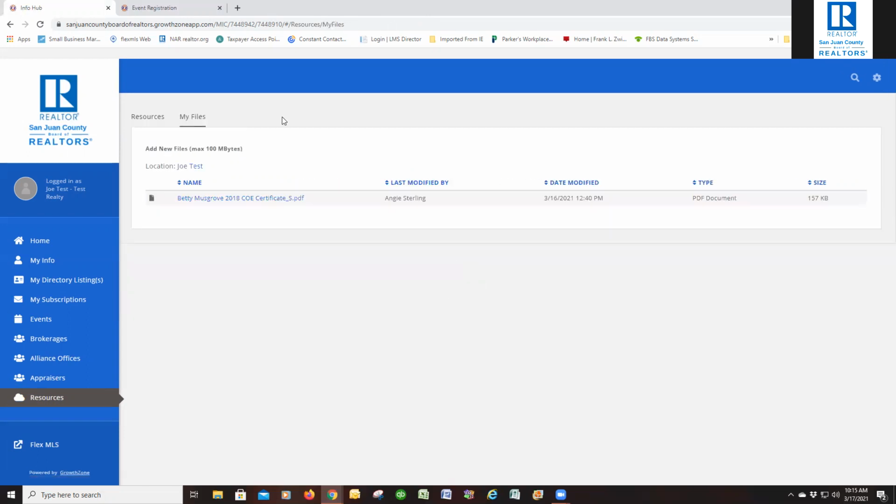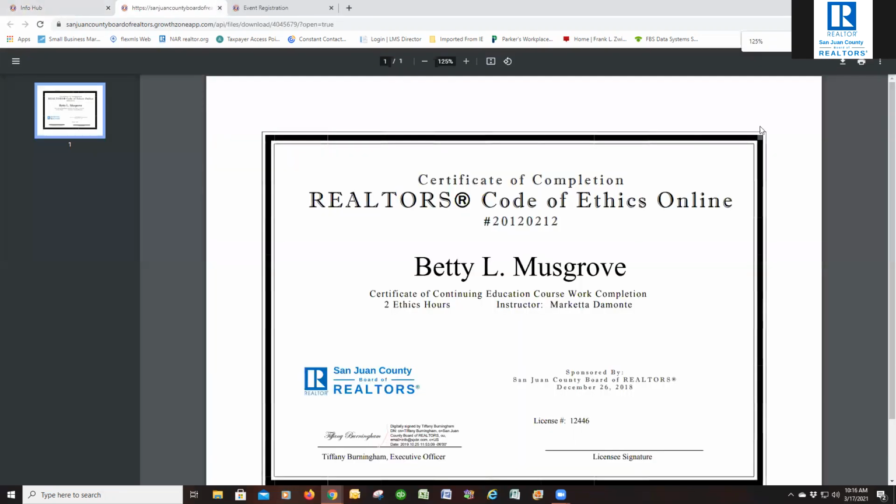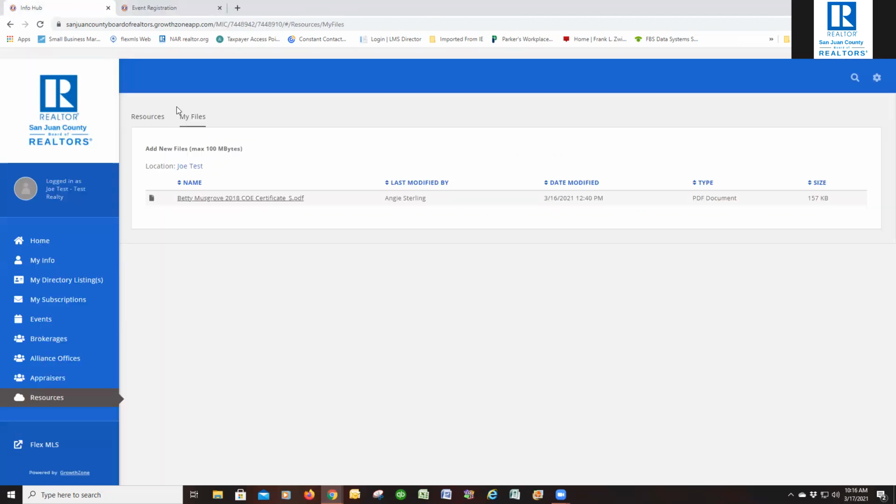Now you do have this My Files tab too. When we have the ability, and Angie and I are still learning right now on how to get this set up for you guys, we can add your certificates in here. So you can see here we used Betty as an example. We were able to upload a certificate onto our test agent here, and then you would be able to open that up and view your certificate. And then of course you can download your certificate and then you would have it in your possession, or you